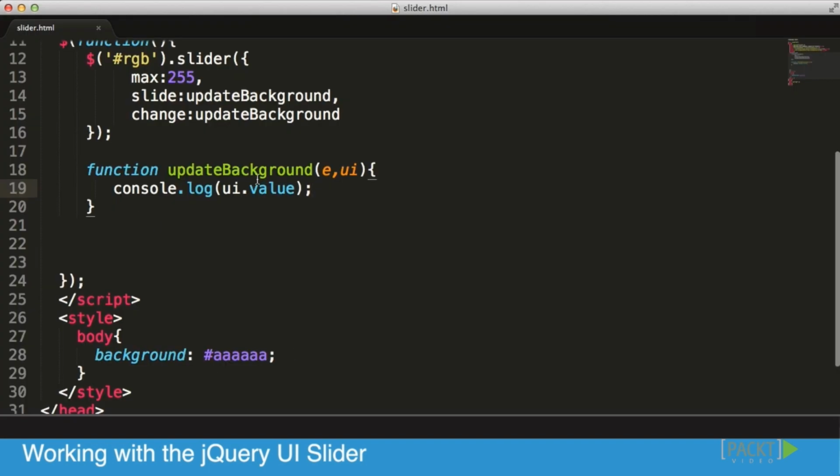Now that I got a value and I know I'm getting a value, I want to convert it into a hexadecimal string. That really means, when you're working with colors, if you don't know it now, it's a good thing to know. The colors are broken down into red, green, and blue. Every 2 letters represent those channels of colors, and together they create all the different colors that our computer is